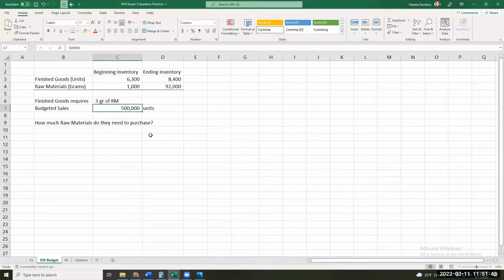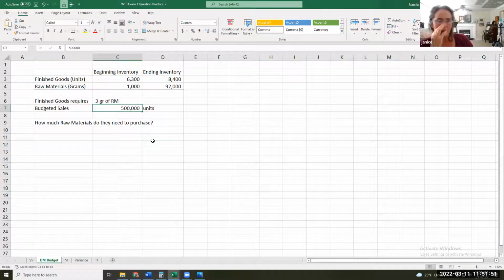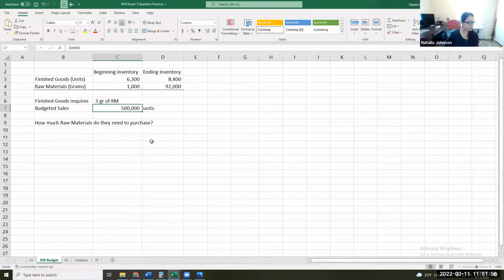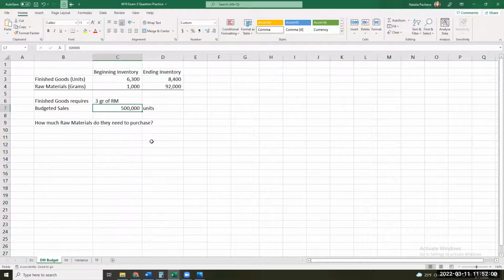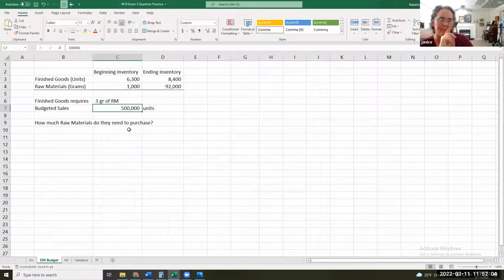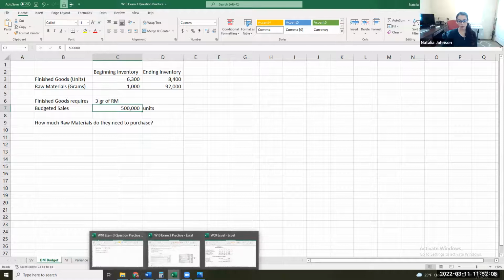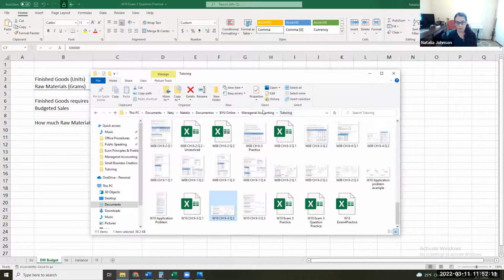So we know that each finished good is 3 grams of raw materials. 1.5 million grams. So 500,000 times 3. Then you have to add your ending and subtract your beginning. Remember that with, let's see, where is